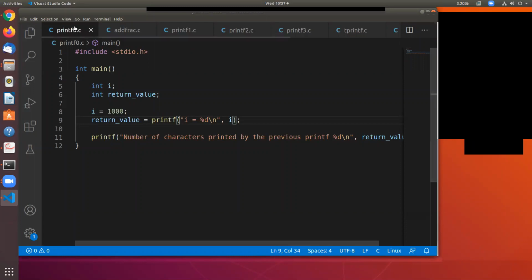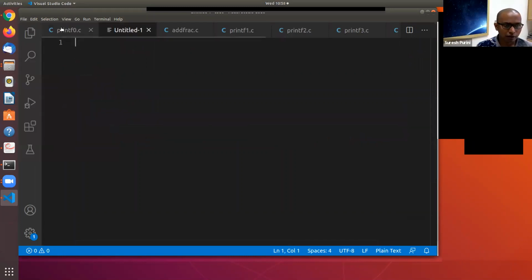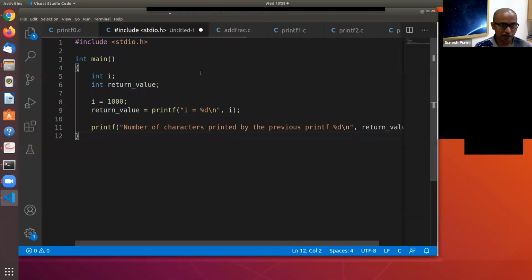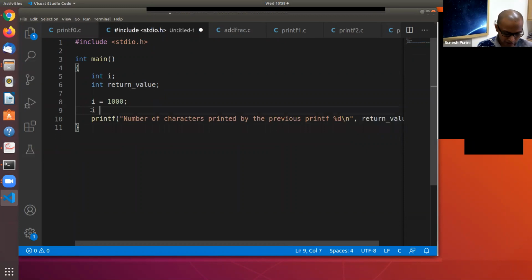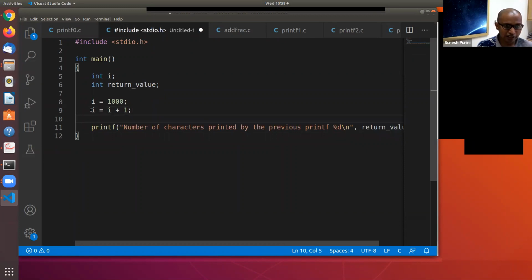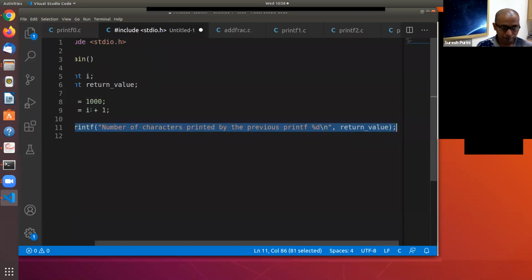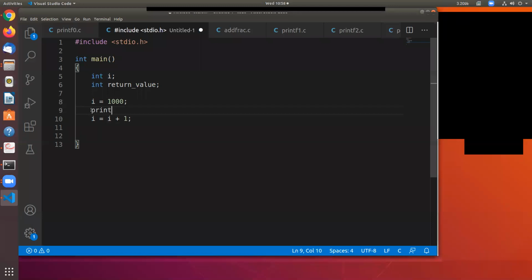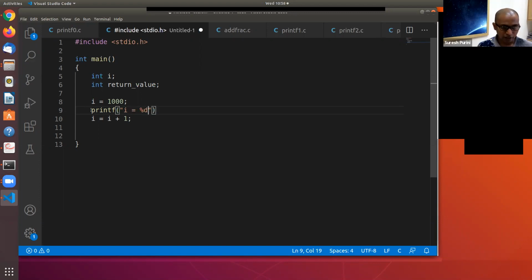Yeah, let me write one more. Before we move on, I want to introduce one more idea which is necessary for the homework. Let's say you have a program like this: printf("I is equal to %d\n"